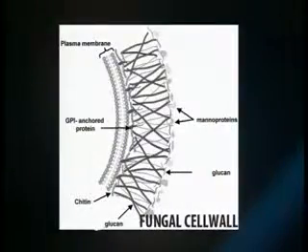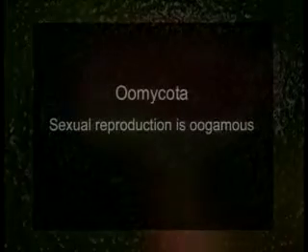Unlike true fungi, their cell wall is composed not of chitin but of cellulose. These reproduce both sexually and asexually. The asexual reproduction is by means of not non-motile but motile zoospores. The sexual reproduction is of oogamous type. Now the third division is